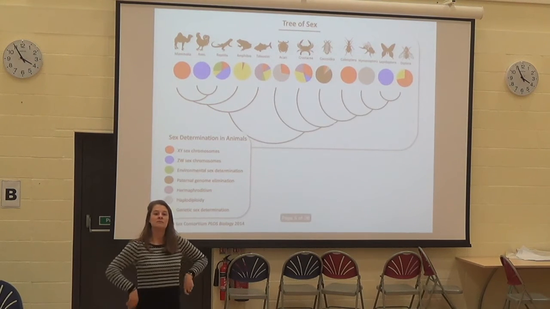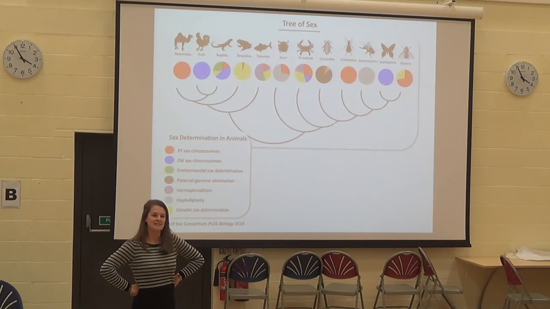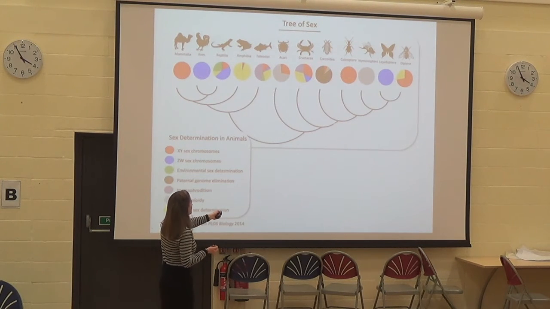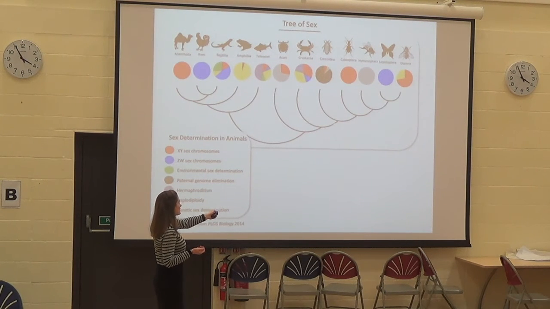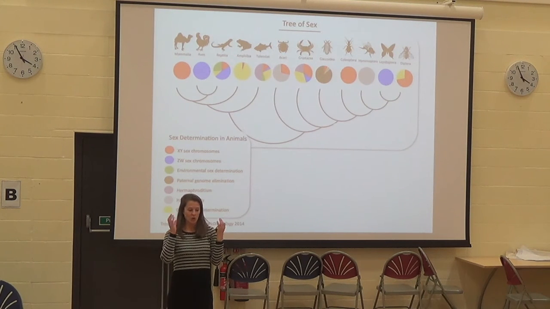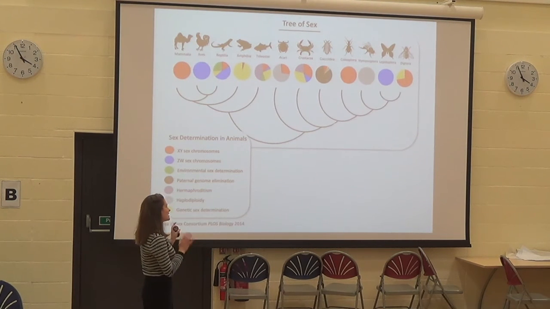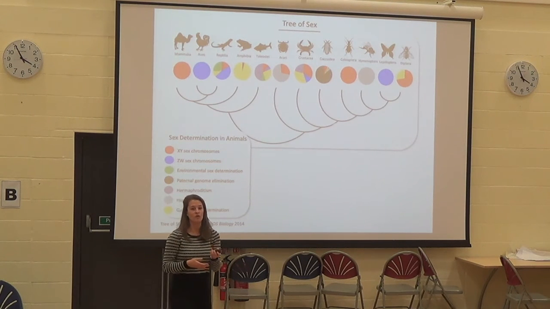In the plant kingdom, is there an equally diverse array? Yes, they do have some of these weird mechanisms. So, for example, in these scale bugs here, they have this thing called paternal genome elimination, where essentially all of the genes that you inherit from your father are ejected from the cell, and that determines essentially the sex. So they have some mechanisms like that, but they also have XY and ZW sex chromosomes, and it does seem to evolve quite quickly.